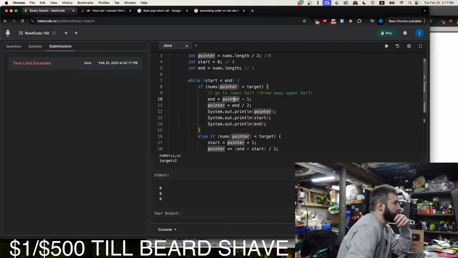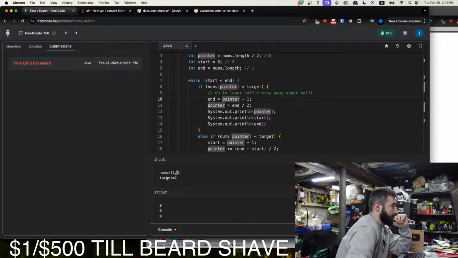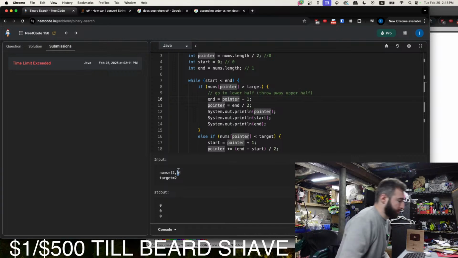End is equal to pointer minus 1. End starts at 2. 1, 2. Okay, so this is where the problem is.